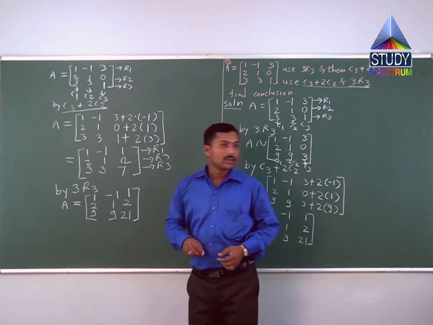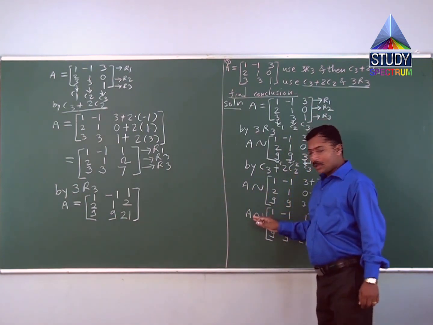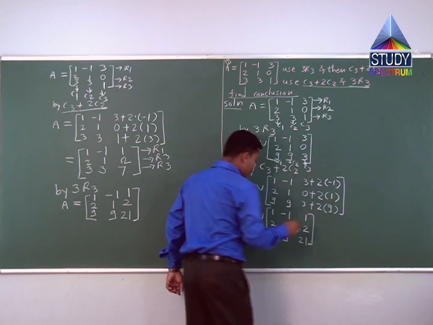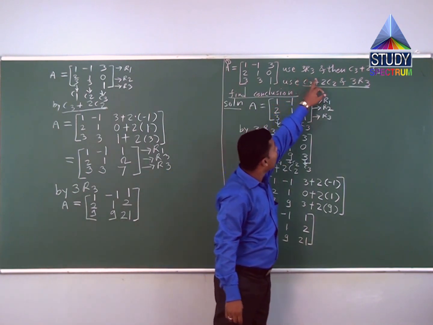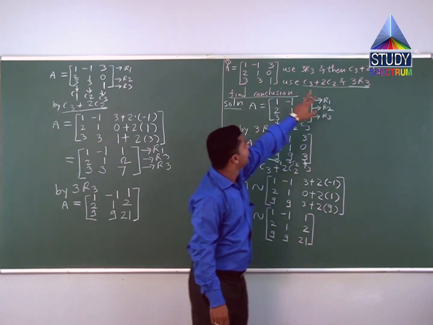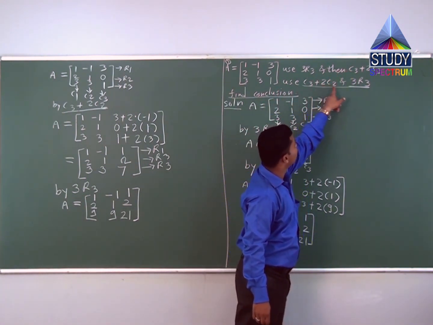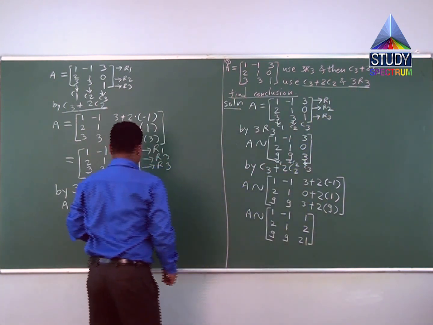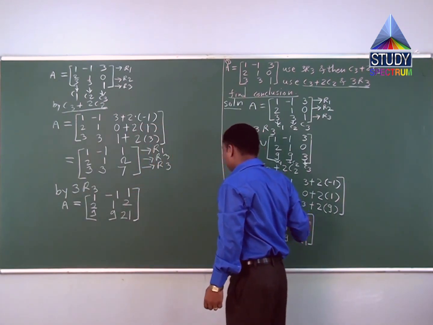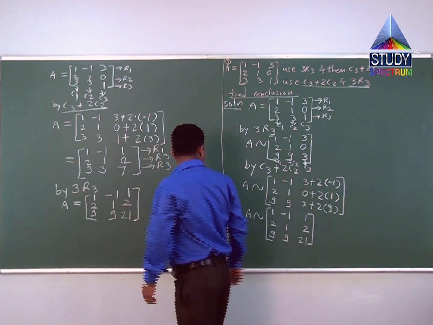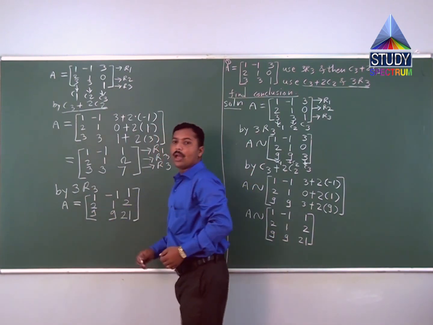21. And the last, our important question, is find the conclusion. So here A equal to matrix 1 minus 1 1, 2 1 2, and 9 9 21, after the transformation 3R3 and then C3 plus 2C2. Similarly, if the operations are interchanged, C3 plus 2C2 and 3R3 gives this matrix: first row is the same, 1 minus 1 1. Here is the second row, also the same, and this is the third row, and this is the third row, and therefore